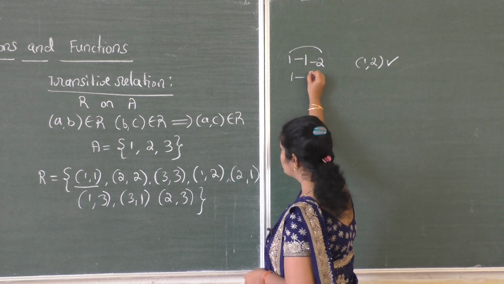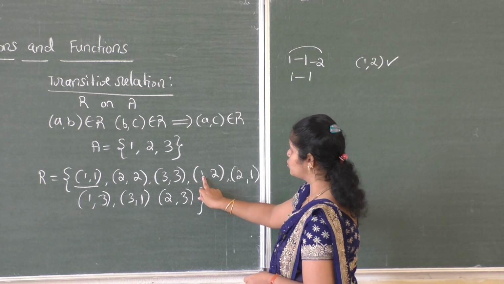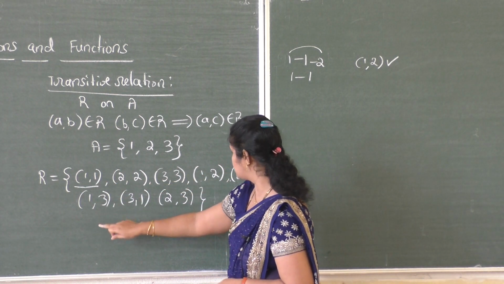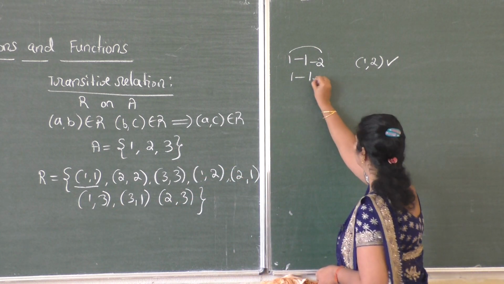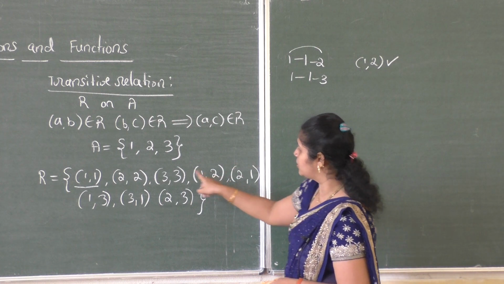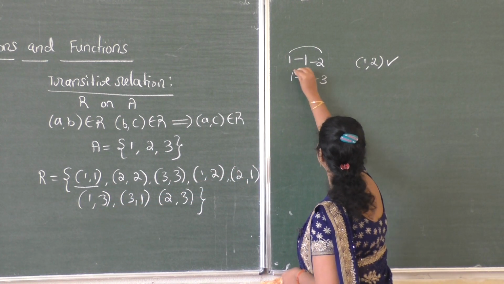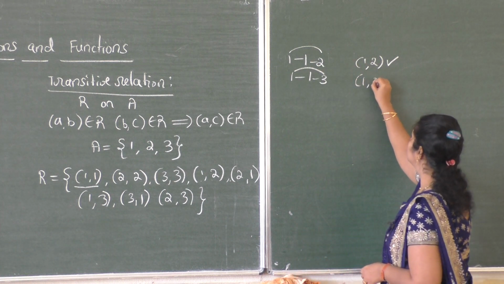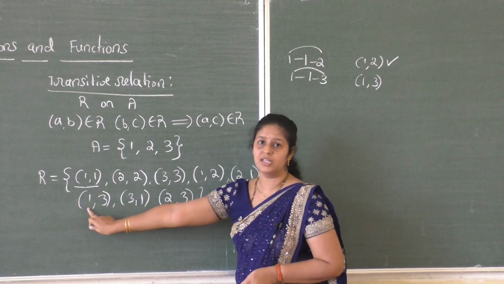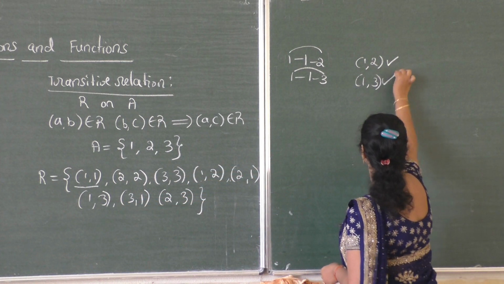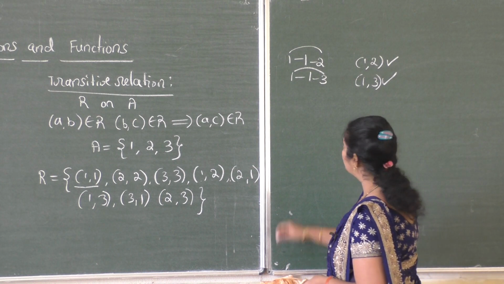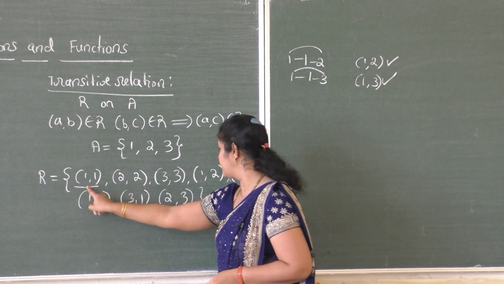Then 1 goes to 1, this is over. 1 goes to 2, then you have to search for (1,3), so 1 goes to 3. So only two ordered pairs start with 1. As an ordered pair we get (1,3), and you can see (1,3) belongs to the relation R. So ordered pair (1,3). Okay, now (1,1) is over.